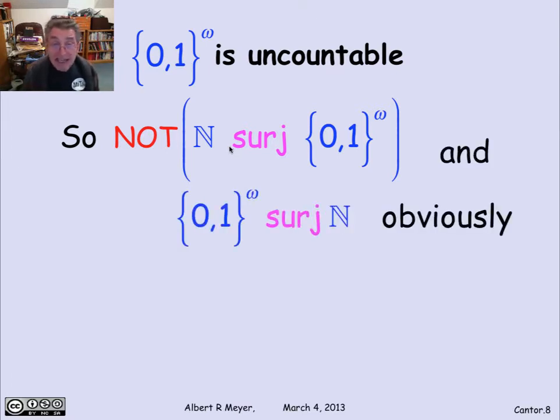By the way, it's also quite easy to see that there is a surjection from the infinite binary sequences to the non-negative integers. You could map a binary sequence to the coordinate of the first one in it, and that maps every infinite binary sequence to a non-negative integer, and it hits every non-negative integer lots of times. I hit 5 with a sequence that starts with 4 zeros and a 1. The only sequence that doesn't go anywhere is the all zero sequence,